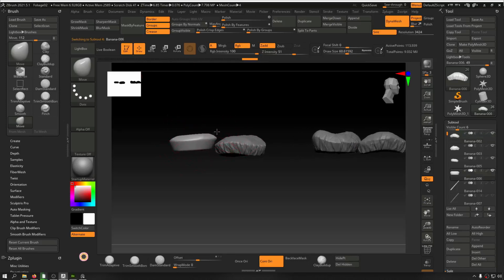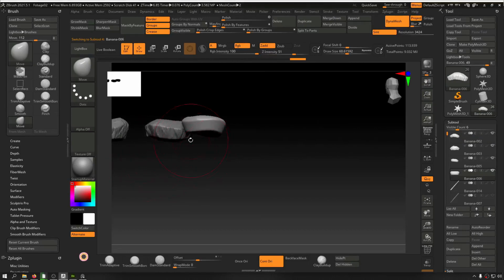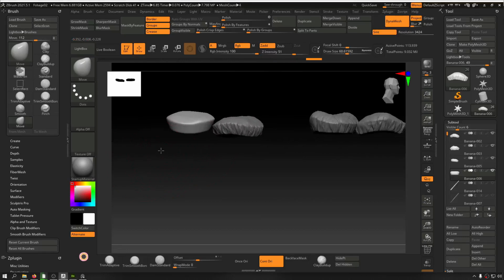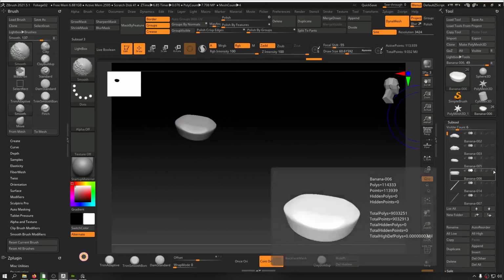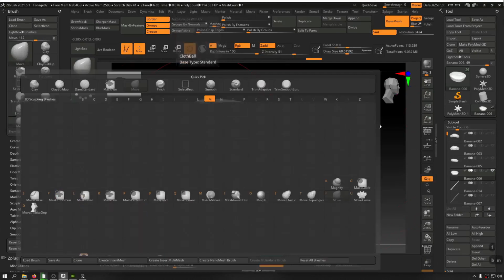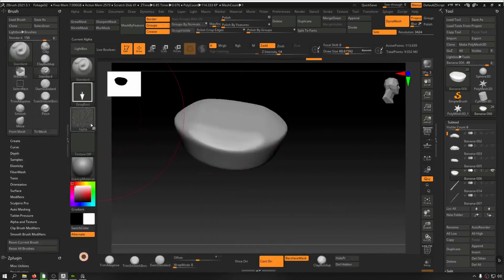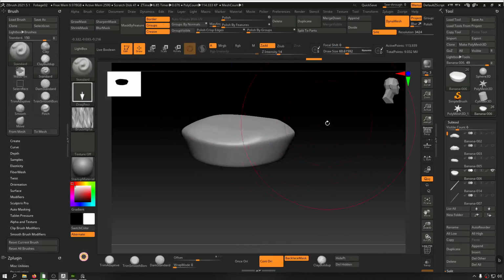So let's bring this one up, down, up, up, and the silhouette of this one is simple for itself. And now let's bring the standard brush to start adding those details. Okay, this one is the last one in this row. And next we're going to create the stems as well. So give it